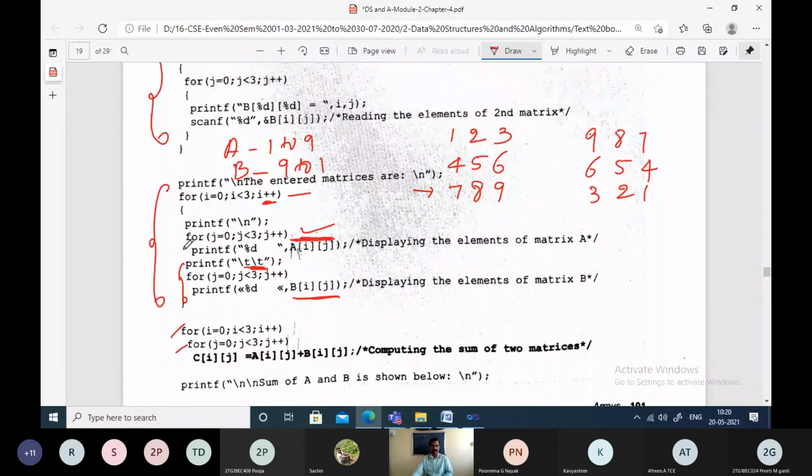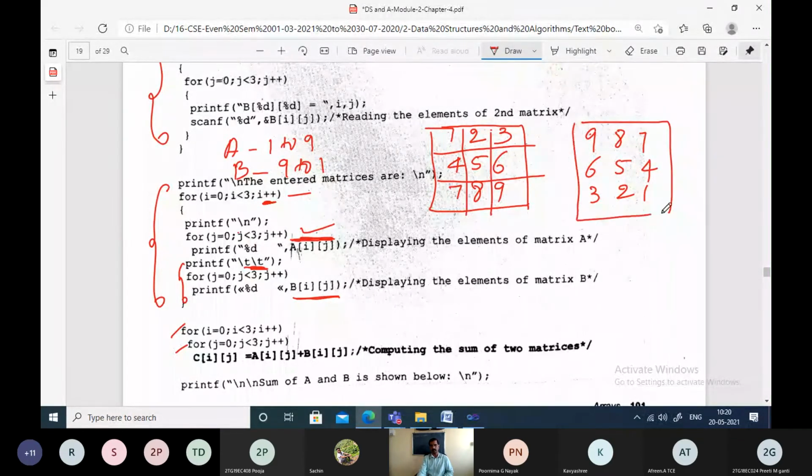That means this is matrix A, and this is matrix B. This is matrix A and this is matrix B. 0 1 2, 0 1 2, 0 1 2, 0 1 2, right? So these are the two matrices what we have read.